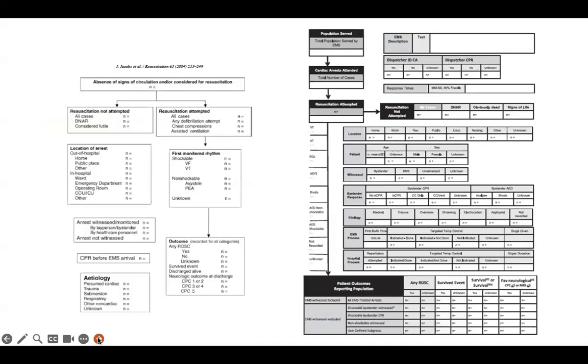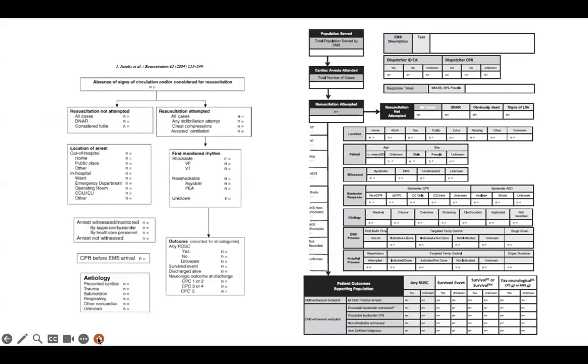So I think many of you, as you're looking at this slide, will be very familiar with the Utstein templates or the patient selection flowcharts that were quite common in the previous iterations. In fact, you can see on the left-hand side the 2004 version and the 2015 version on the right-hand side. In fact, there's one more version that perhaps is even more common than these two, and that was the original 1991 version, which isn't pictured here.